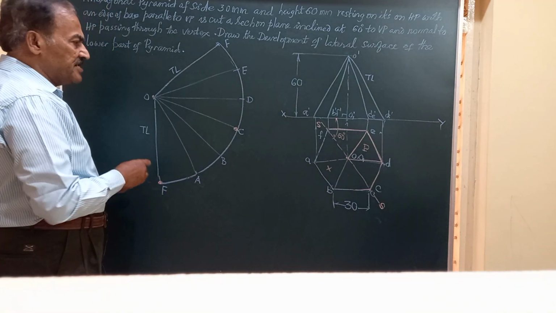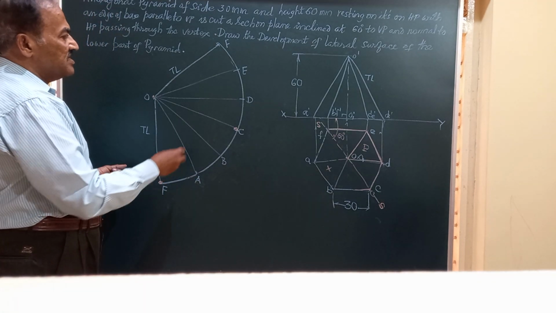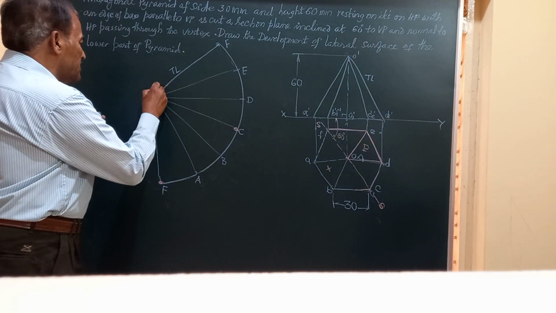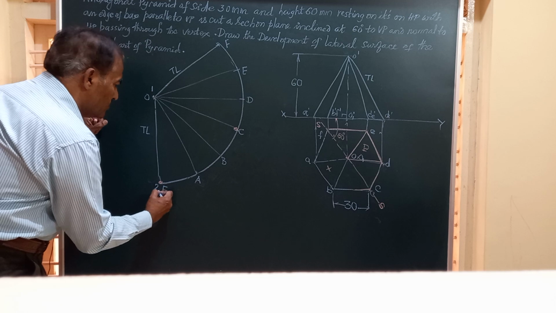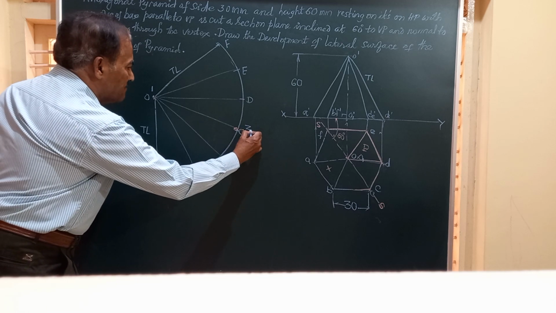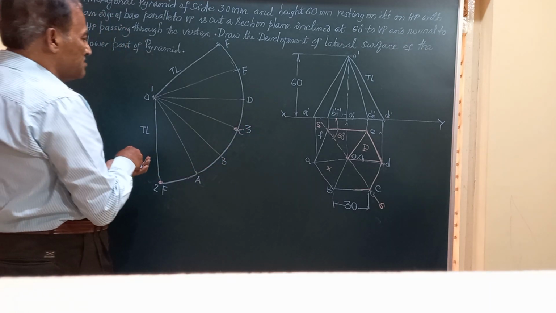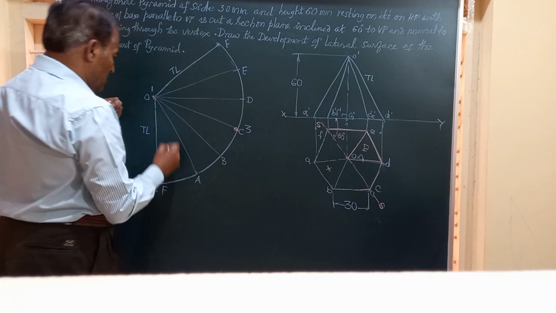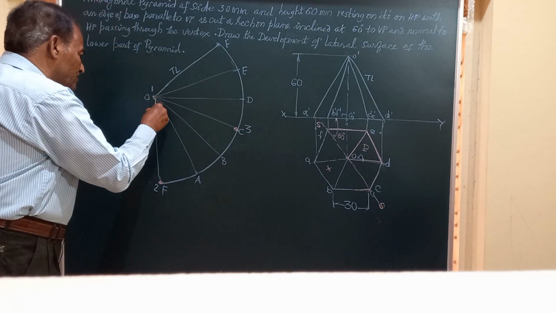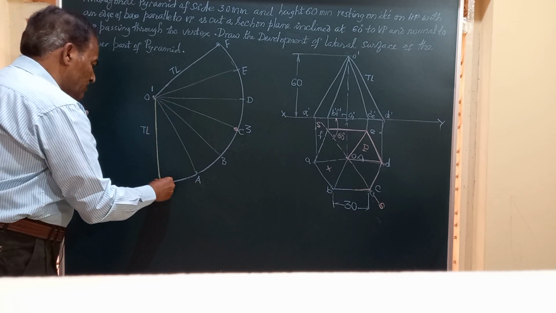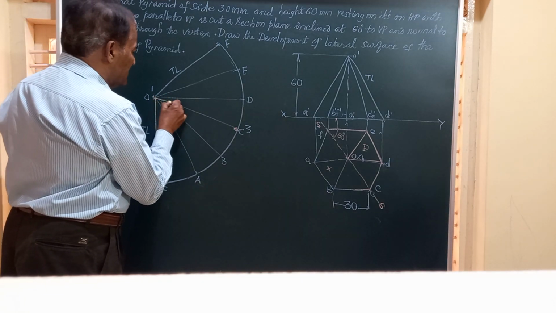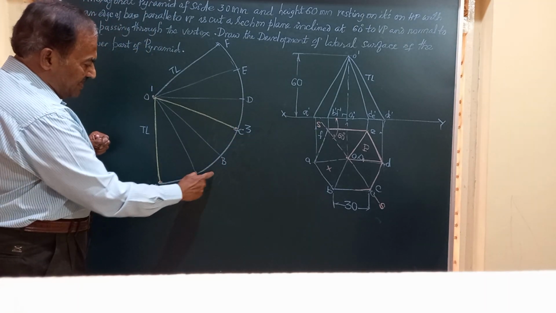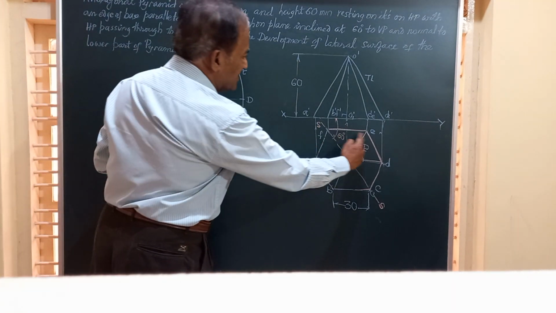So friends, what I do, since this has got 3 points, say point number 1, point number 2, and point number 3, I am going to retain this part as the development. So let me join 1 to 2 by a vertical line, 1 to 3 by another vertical line,